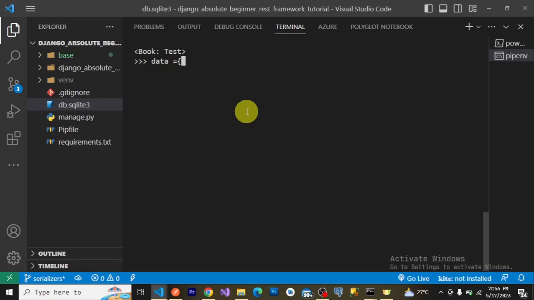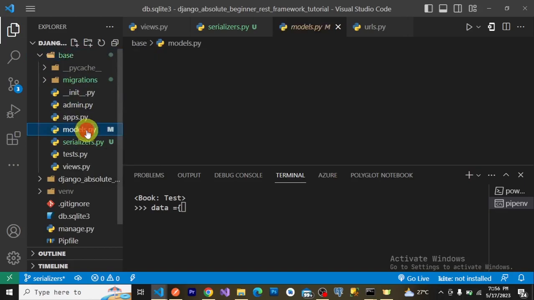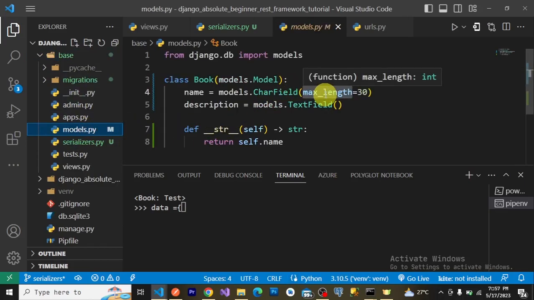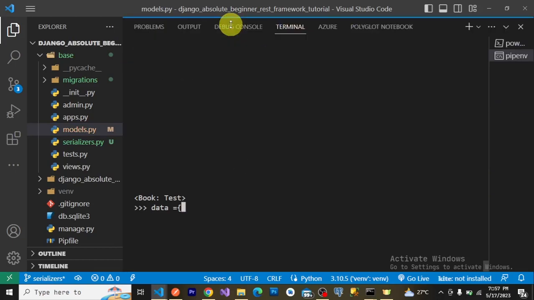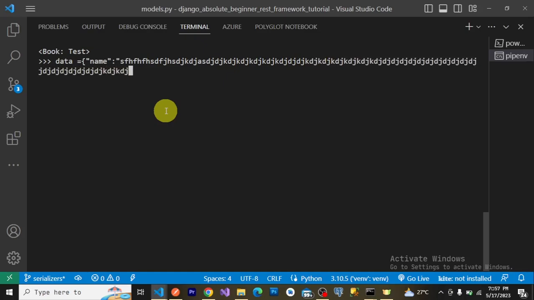Let me say the name is too long, because if we come here, you can see that the maximum length is 30. Let's say the name is longer than 30. So let me make this bigger still. Name is equal to this long, let me make this a string. Hopefully this gets to more than 30. And let's close it, and let's say description